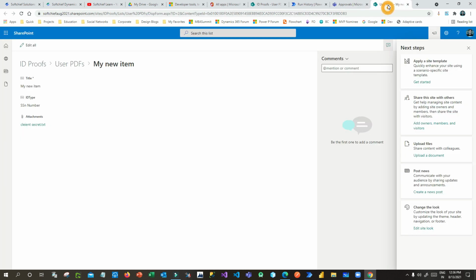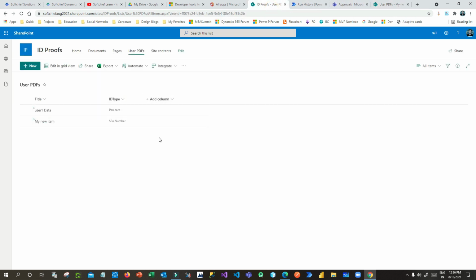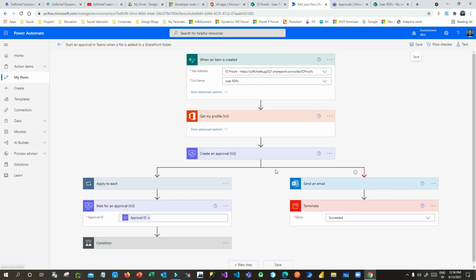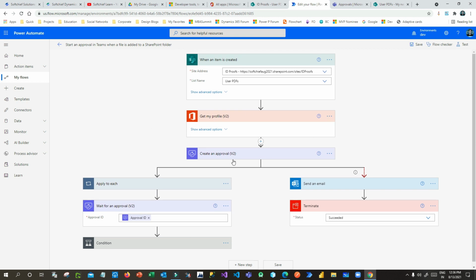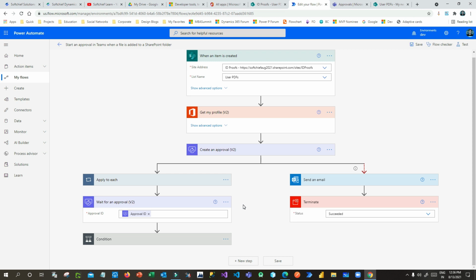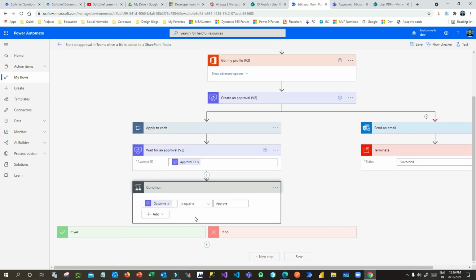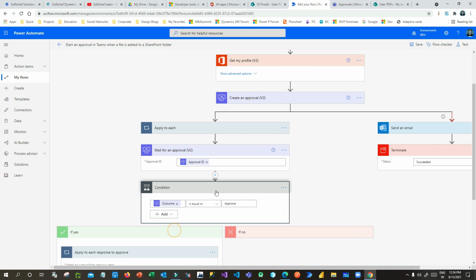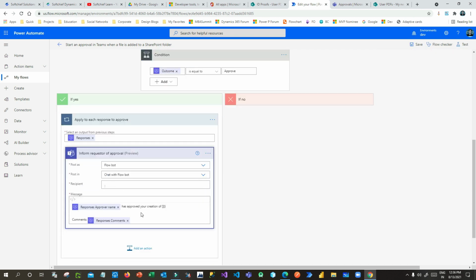So easily whenever you add any item, you can raise an approval, and if you want to add another column here to store approval status, then you can also do that, right? So you can modify as per your intention, then it will work accordingly, right? We are not updating any record here, right? We are just sending an adaptive card and capturing the response for the approval. Then we are informing the requester.